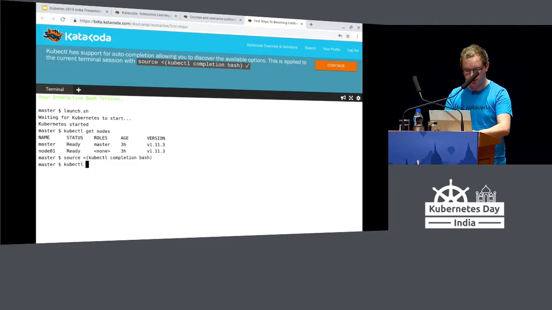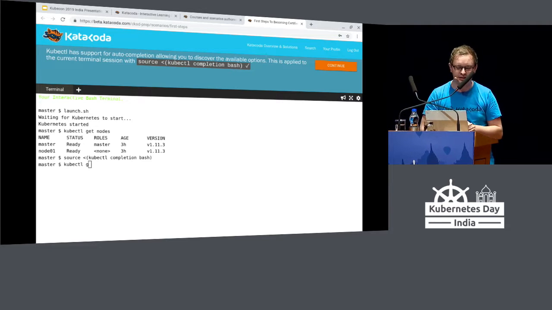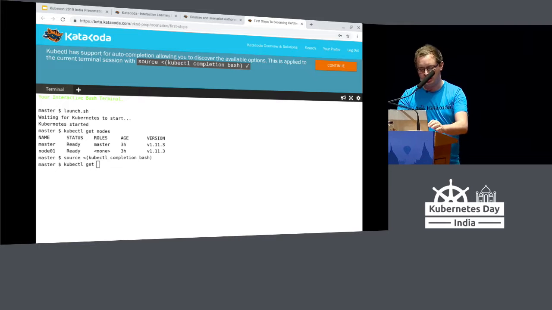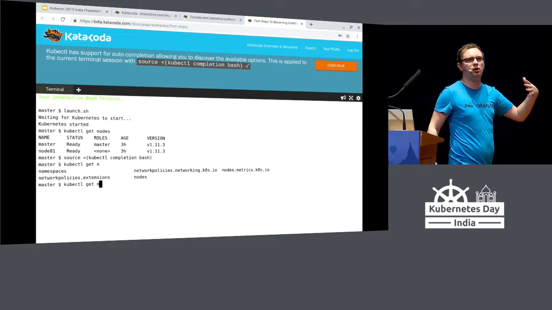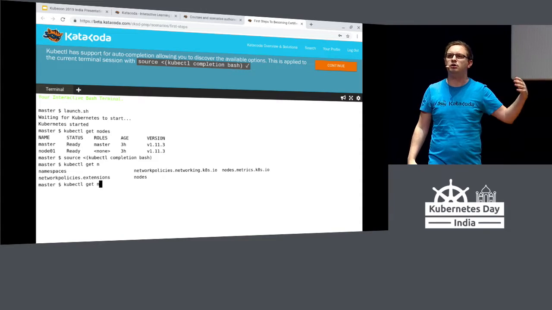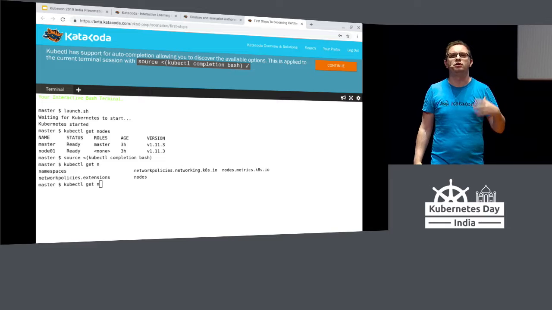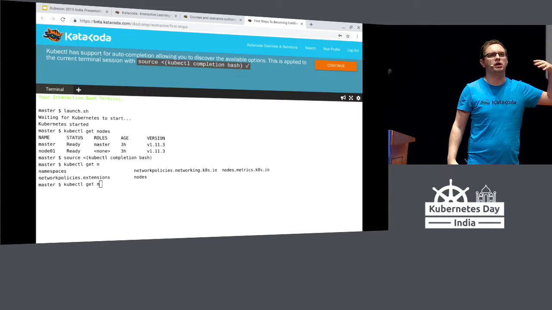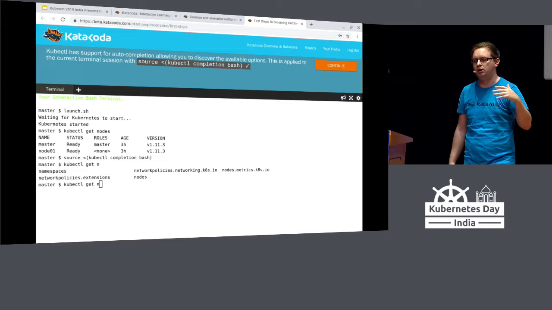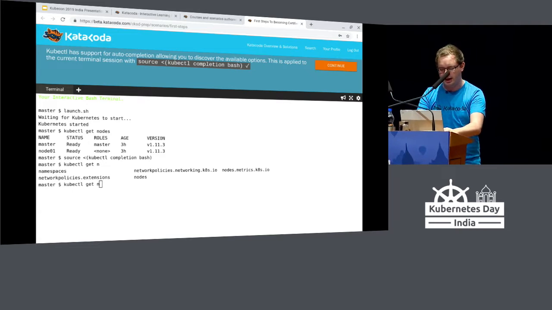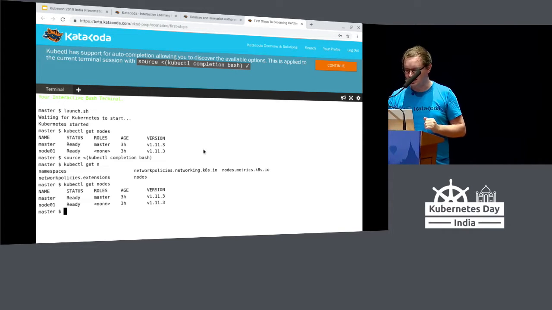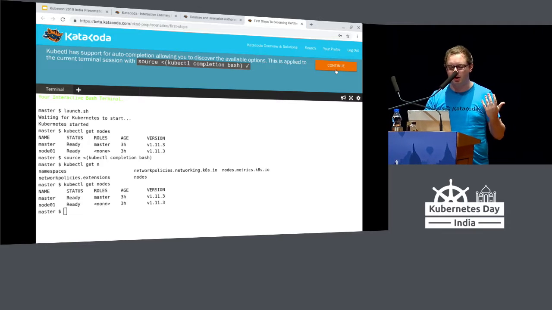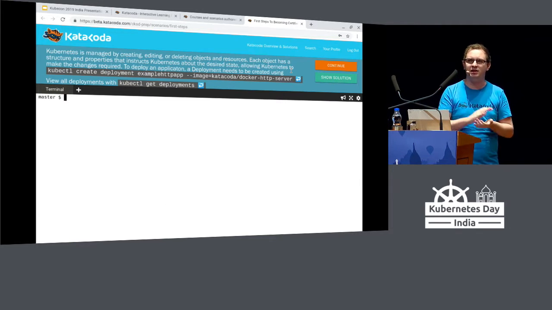So we can do kubectl, and we can type in G, and then we hit tab, and it will auto-complete it for the rest. If you start typing in N to get nodes, what it will now do is give us all of the resources that are in the Kubernetes cluster that begin with N. So now we have a great way to discover what the options are, what's available within our cluster, and also saving some typing at the same time, which is important when we're in an exam or maybe a stressful presentation situation. So we have this, and now we have our command line, and we've got some optimizations to make it a little bit easier to work with.